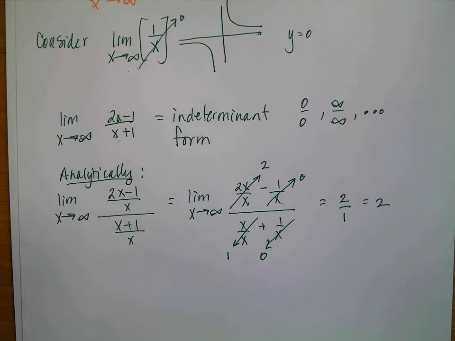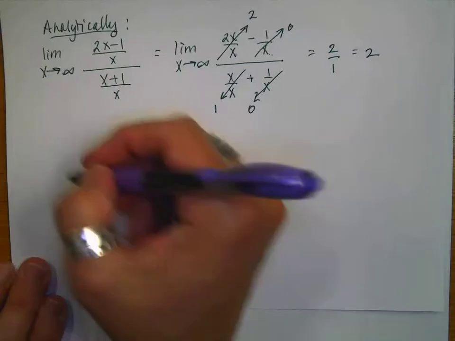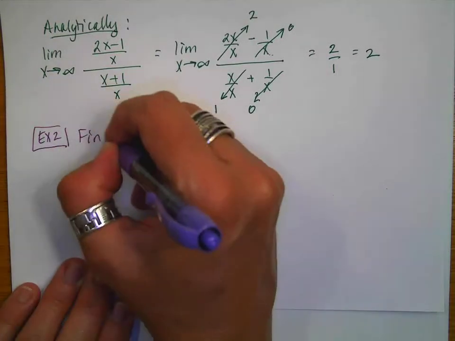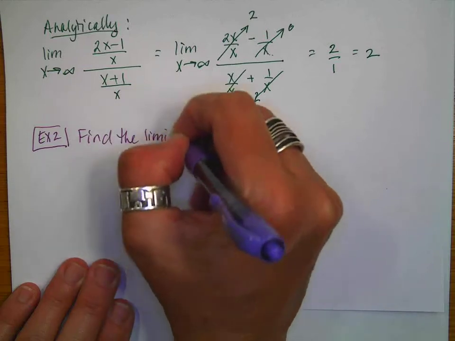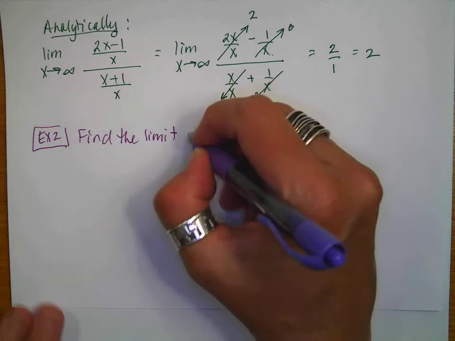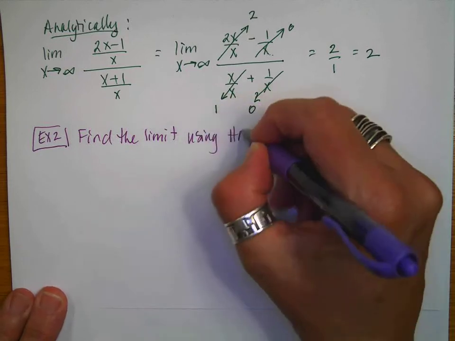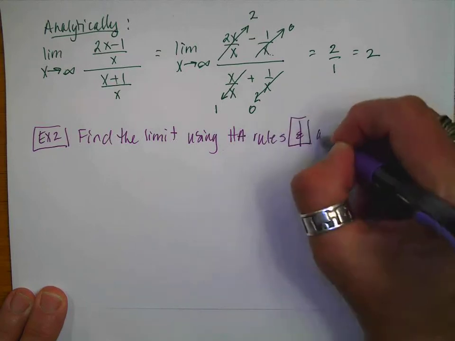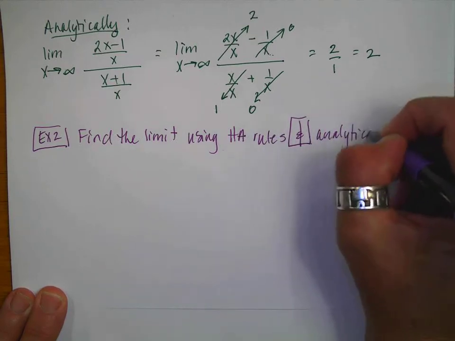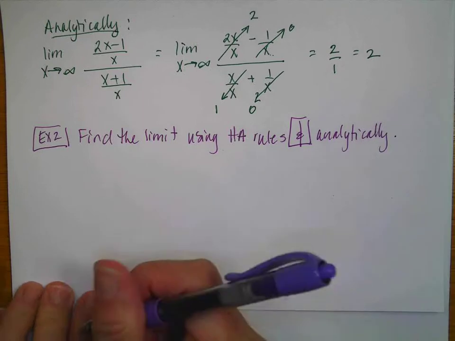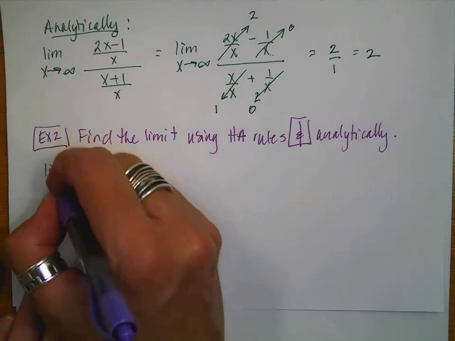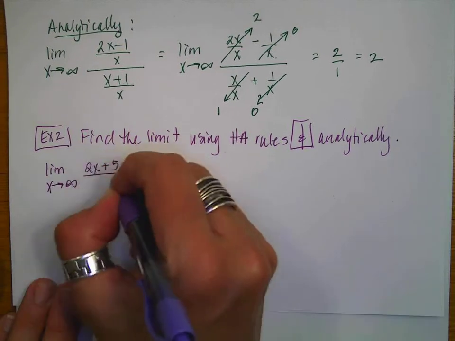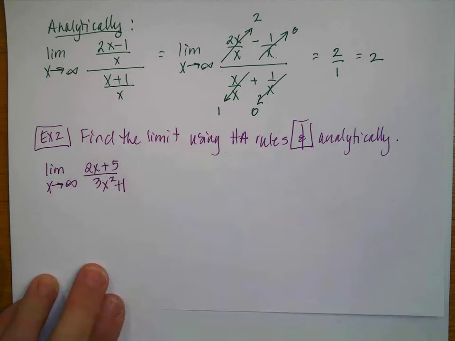Okay? So let's do another example of a problem analytically. So this is going to be example number 2. And it says find the limit using horizontal asymptote rules and keyword analytically, because we always want to make sure that we can solve a problem both ways. The problem is going to be the limit as x approaches infinity of 2x plus 5 over 3x squared